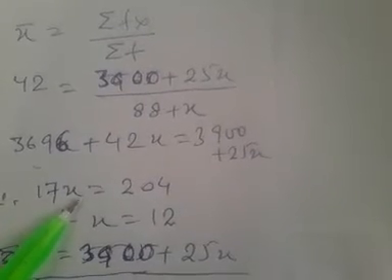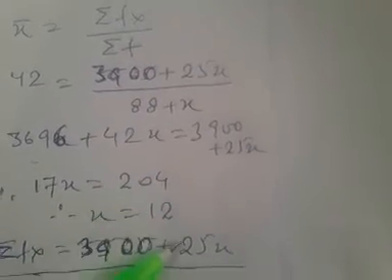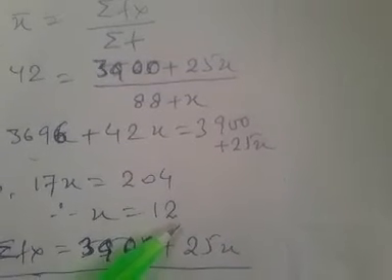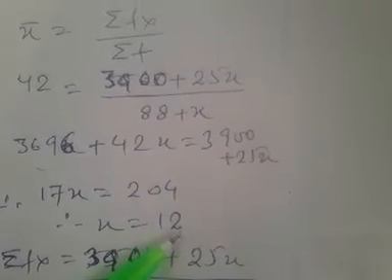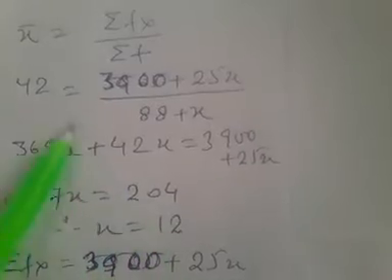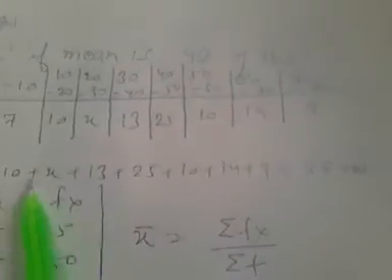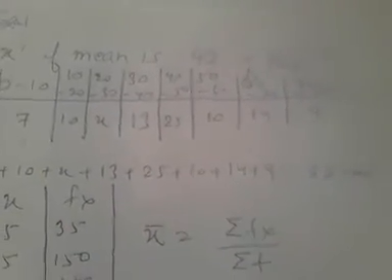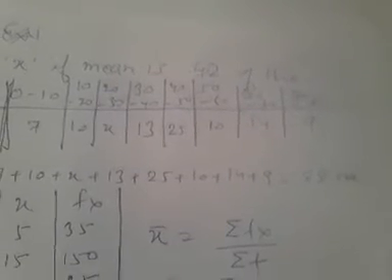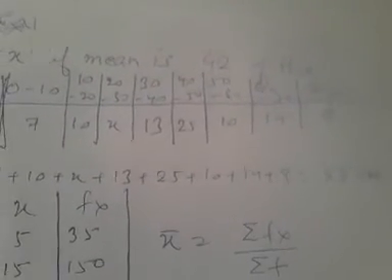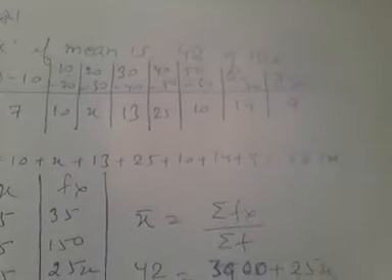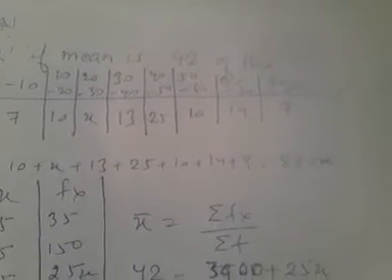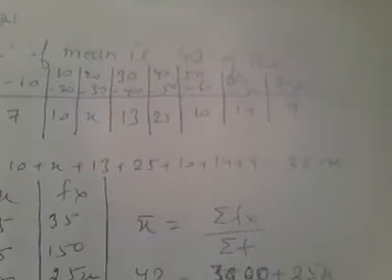Now to find out the value of x, we will divide these two terms to get 12. Now we have found out the unknown term from the given frequency. This is an important type of question, but on the same data, I am explaining one more question in which two frequencies are not given.